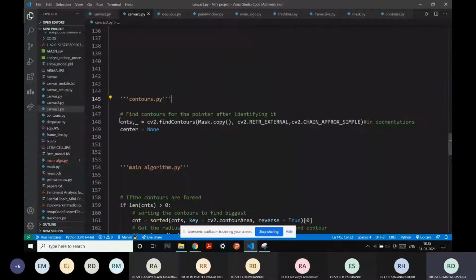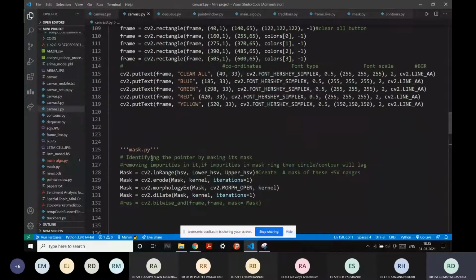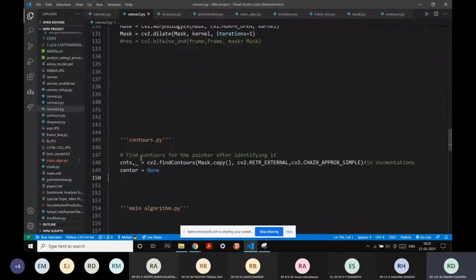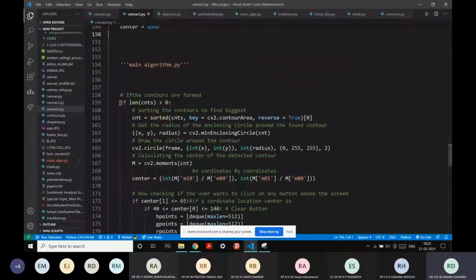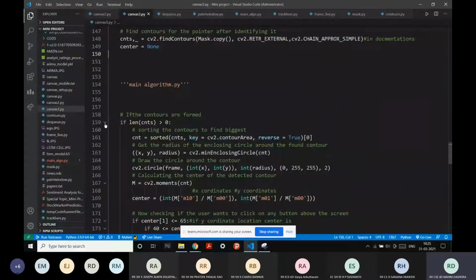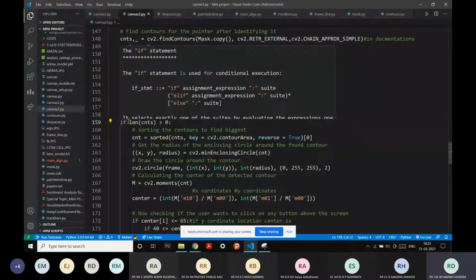So now we find our contours, and we'll be setting center to None. It's the center of our coordinates that we'll be getting from our contour. Great. So all the mask creation and all the live frame creation is done. Now let's go to the main algorithm, what we are using and how we are using it. Let's say if you are drawing, and let's say if you're not drawing, how can it be detected? With this, we can see if contours are formed or not. Let's say you're drawing and you're just hiding your object so that you can create space, or you don't want to draw anything.